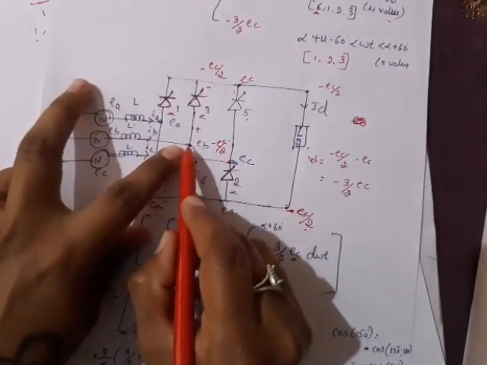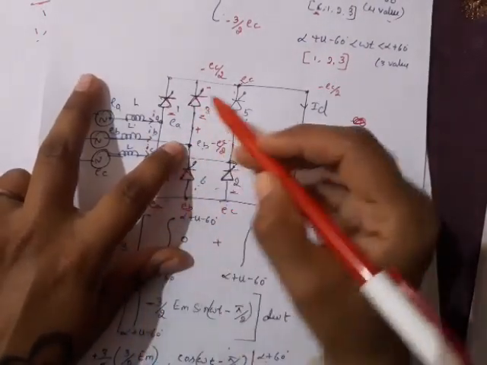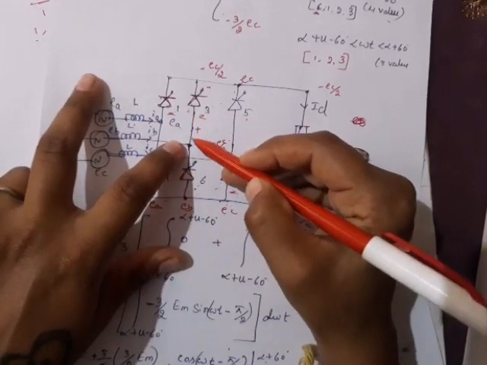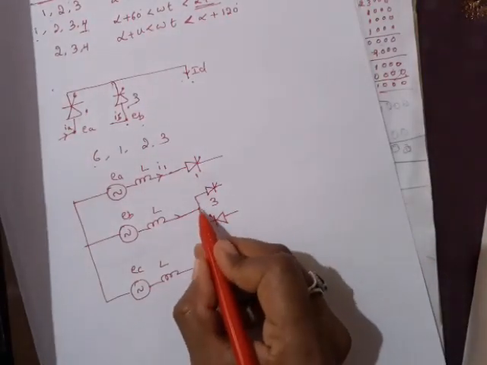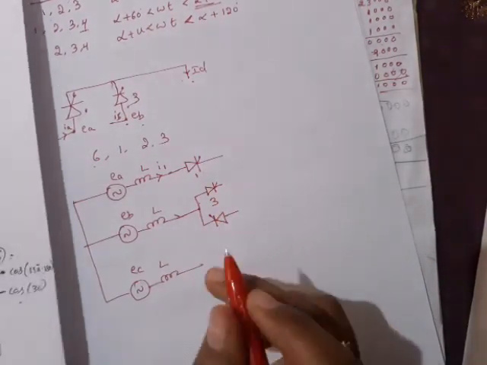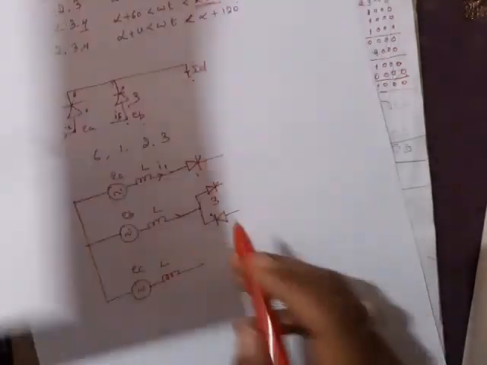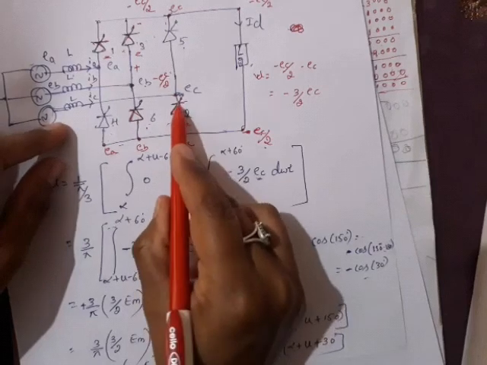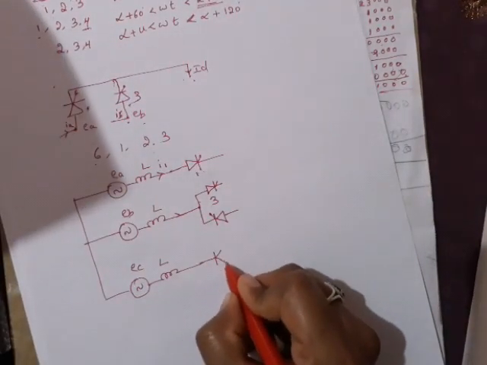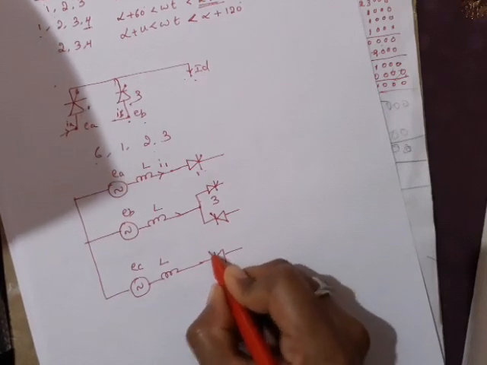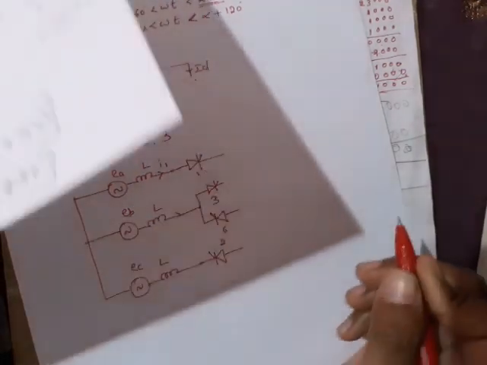3, I am writing at this point. At this point, this is the anode terminal of while number 3. While number 6 is with the cathode terminal. See, this is the cathode terminal, this is the anode terminal. And the other valve is 2. While number 2 is here and its cathode is connected to EC. So this is while number 2. This is while number 6.